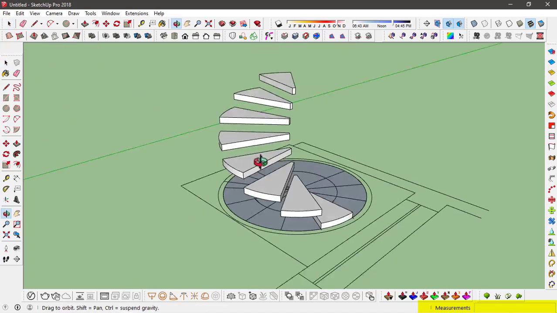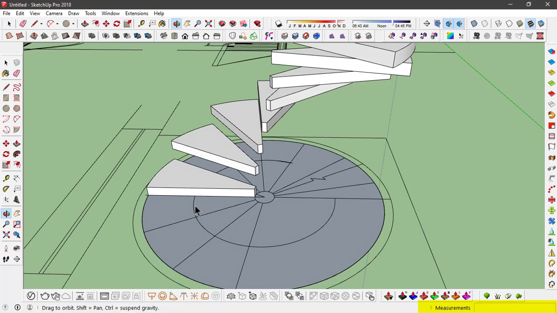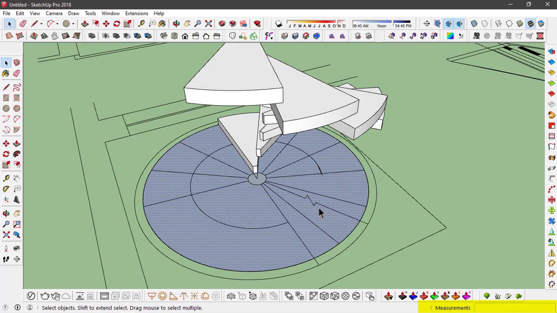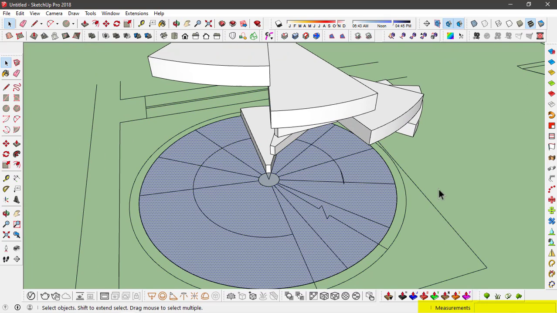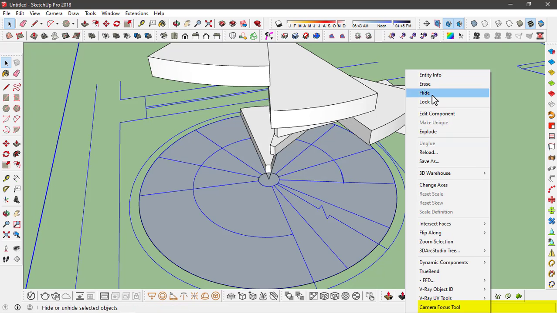Now you see some steps in this drawing are not actually made because it might be cutting from that level that is mentioned on the drawing. So we need to make all those steps, or what I'm going to do is basically hide this drawing. So select it and right click on hide,